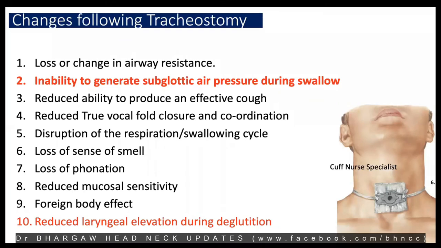If it spills over into the laryngeal inlet, if it has a penetration, it won't end up as an aspiration because of the subglottic pressure. But patients with tracheostomy will not have that. They cannot generate the subglottic air pressure because there is a tracheostomy tube and it bypasses the larynx there.